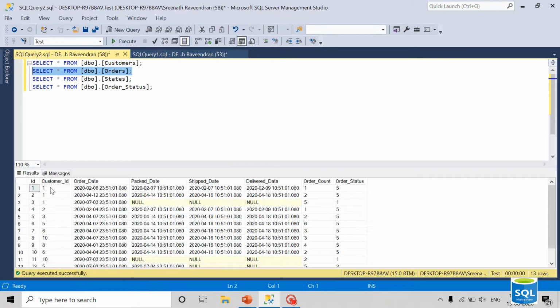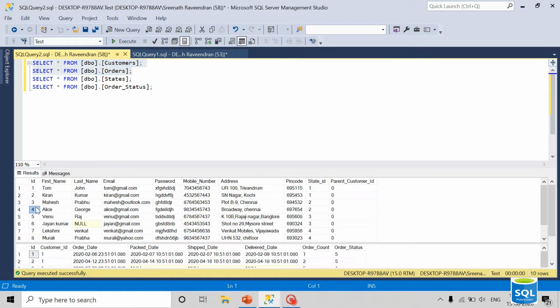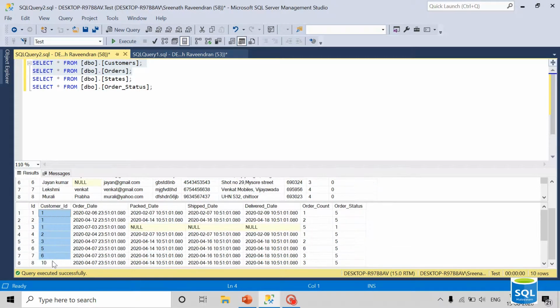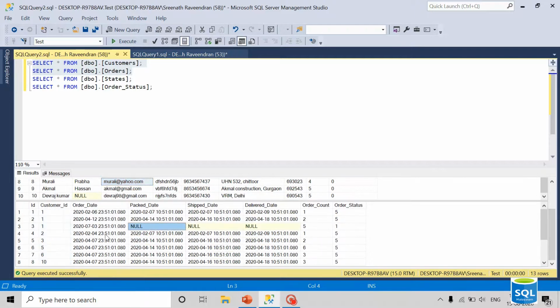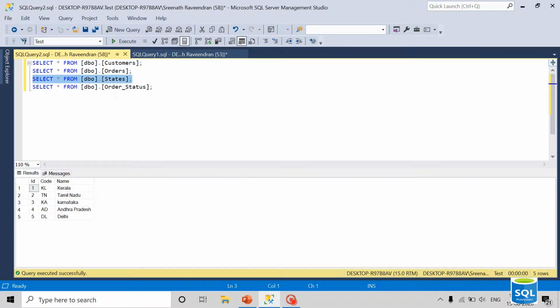We have a customer ID, which is a foreign key pointing to the customer ID coming from the customers table. You can see here is a primary key, and that is used as a foreign key here. I have 10 customers, but in orders I don't have orders for all the customers. A few customers are missing.